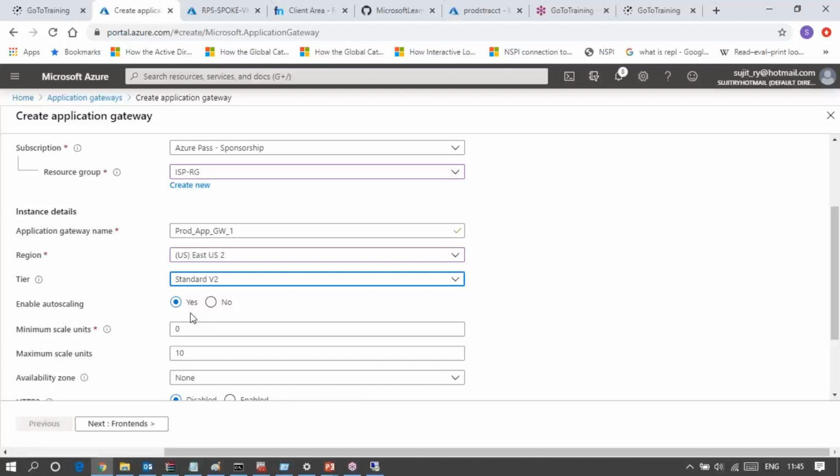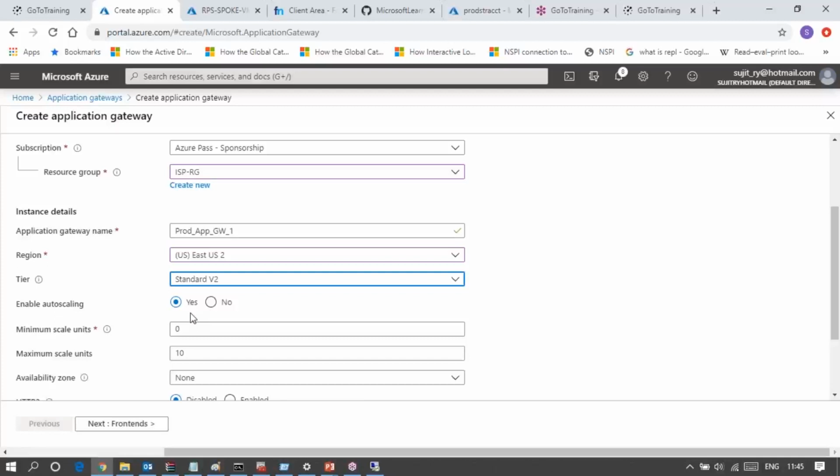So you have to create the auto scaling. Whenever you do auto scaling, you don't have to think about the application gateway capacity. It is always there to receive your queries, because the VMs behind it providing this service will automatically scale out or scale in based on the requirement.